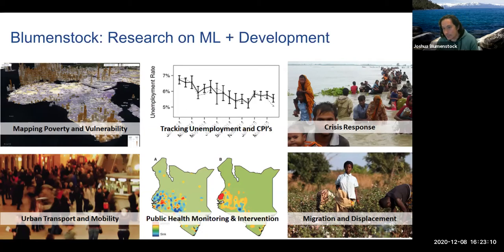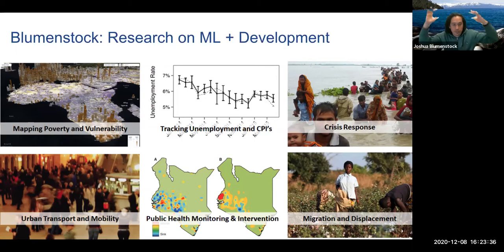But I think across all of these domains, and there are more that I didn't have a nice picture for, the general idea is that over the last 5 or 10 years only, there's been vast quantities of digital data coming from even the world's poorest and most remote regions. And it tends to come from two primary sources.